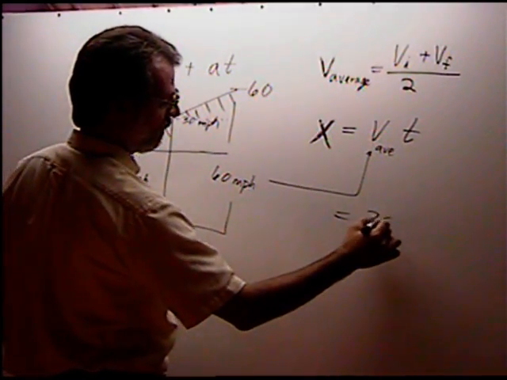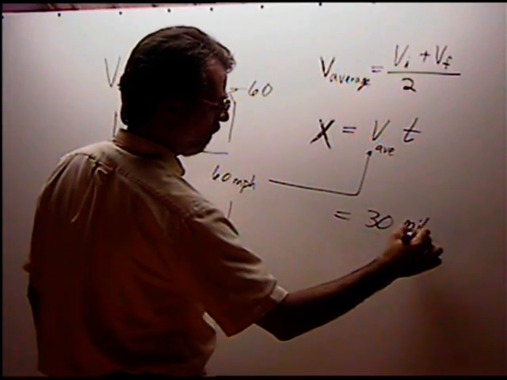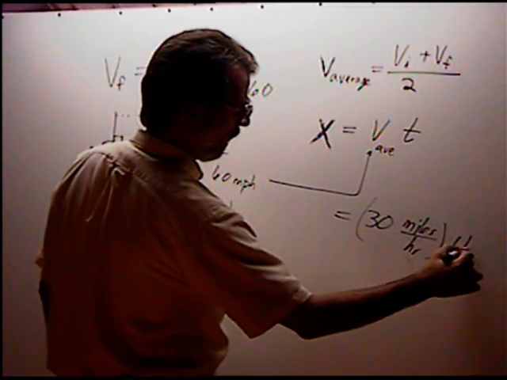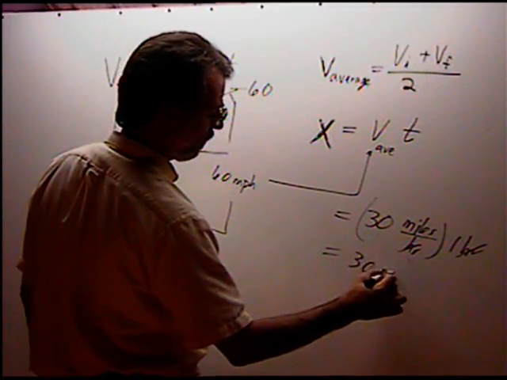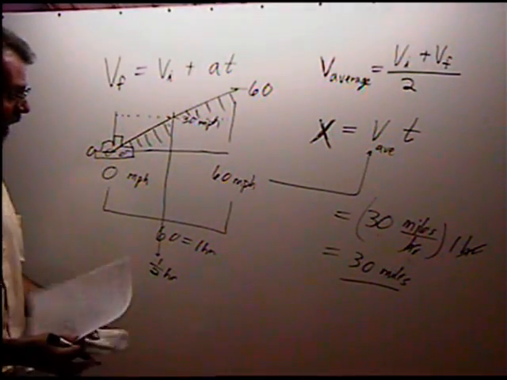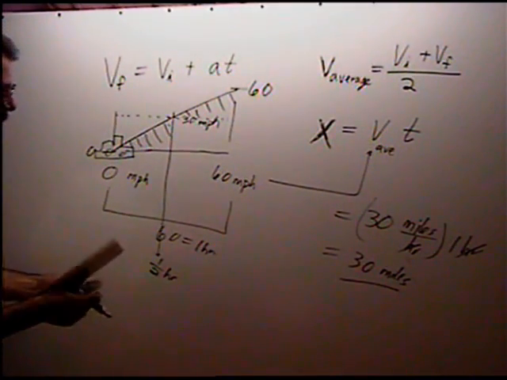would be 30 miles per hour times 1 hour, and I would have a distance of 30 miles. So in 1 hour, I would have traveled 30 miles. Okay, that's clear? So,